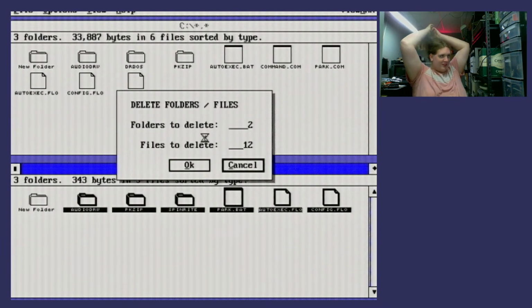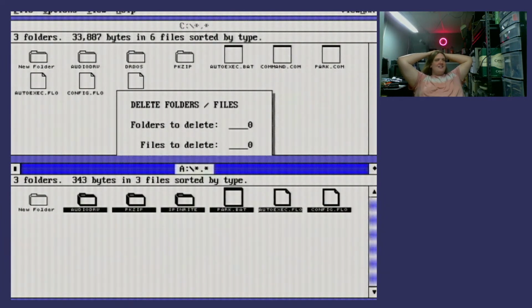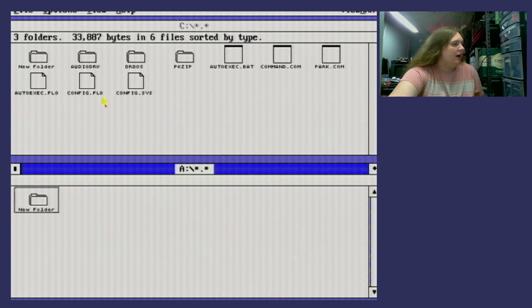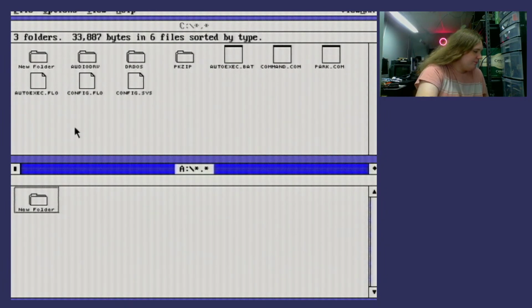Oh, I love being able to delete subdirectories. Or delete directories that aren't empty. Cool. So that disk is empty. And then this disk,